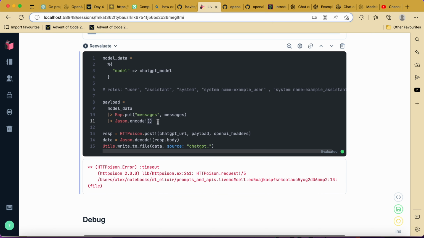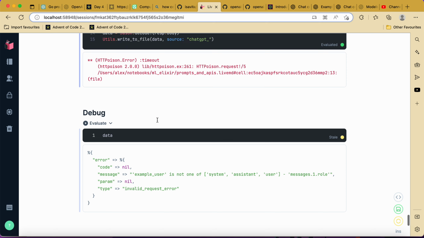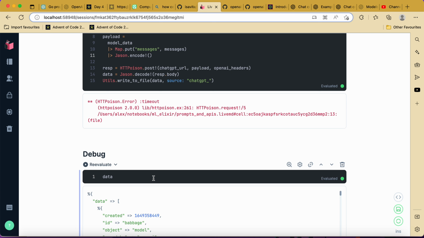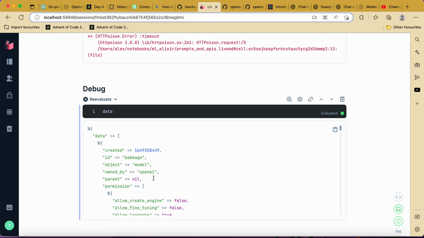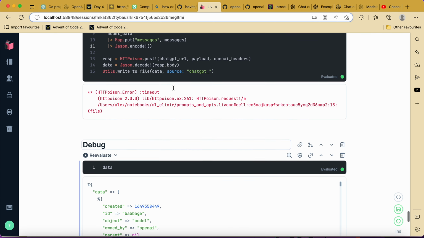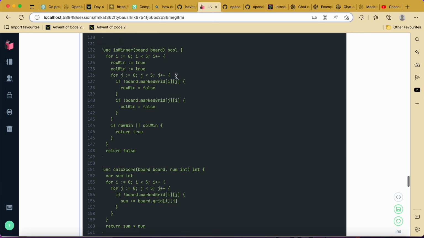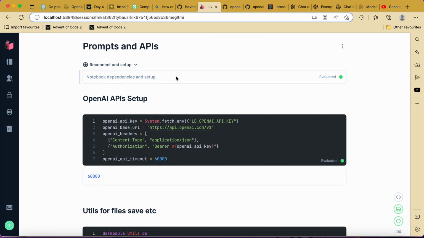And it timed out. Why did it time out? Because we're using our libraries. It's too slow, and we never get a reply. However, we couldn't really increase the timeout of our library